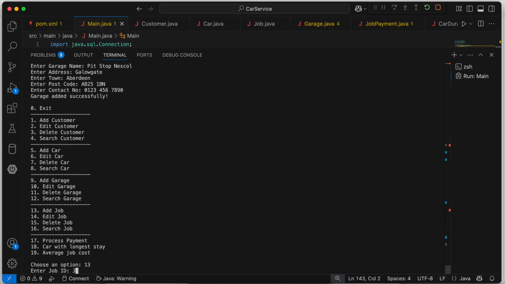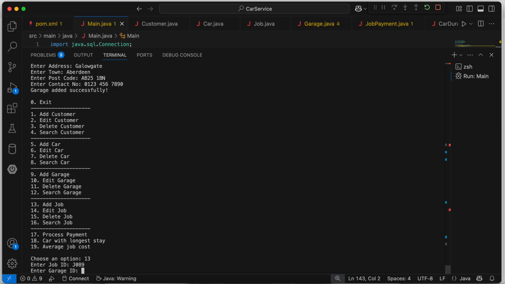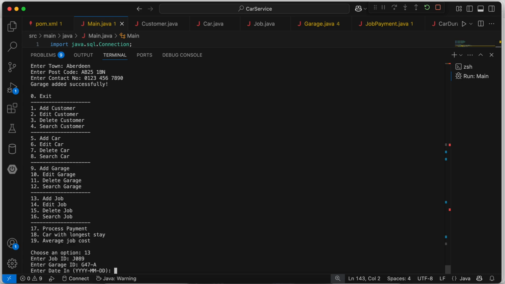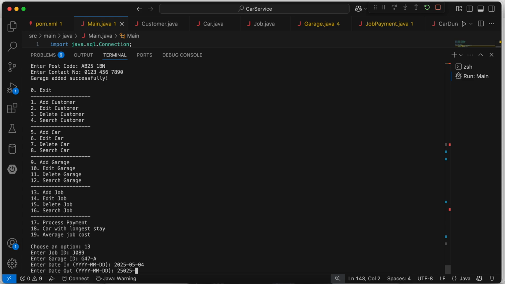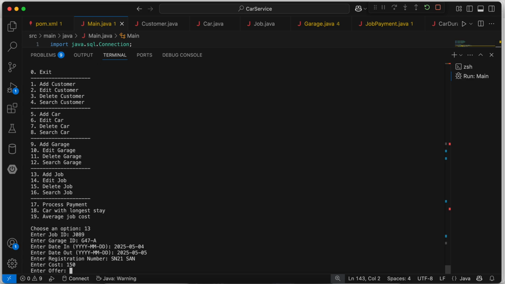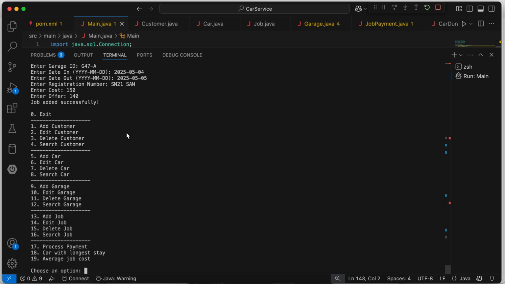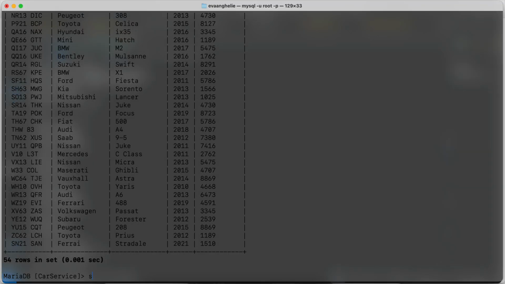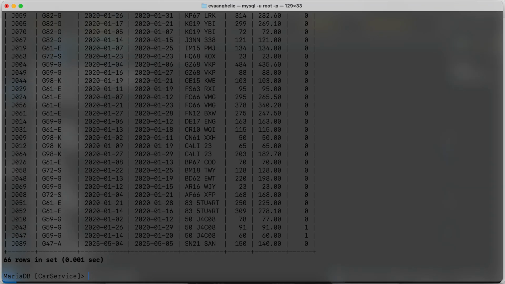Let's see, J089, garage ID, let's use the garage we just created, so G47A, 2025-0504, and the next day 2025-0505, and the registration number, I'll use the registration number I used for the car, and let's put cost and offer 150 and 140. So the job has been added successfully. Select all from job here. Okay, so the job is here,